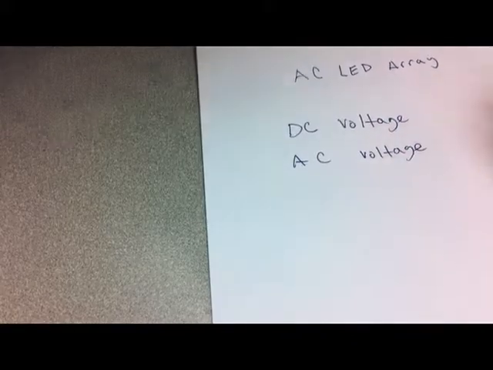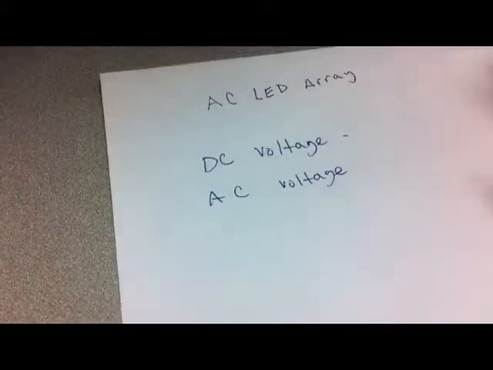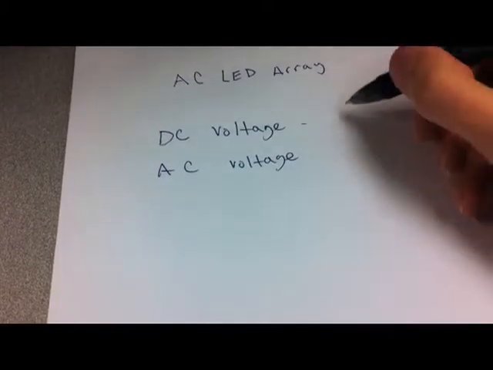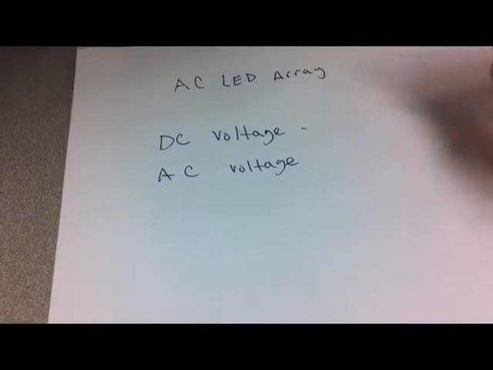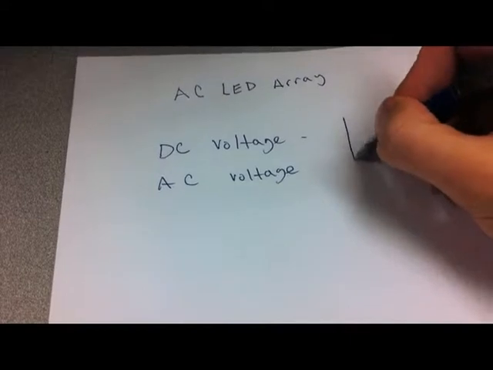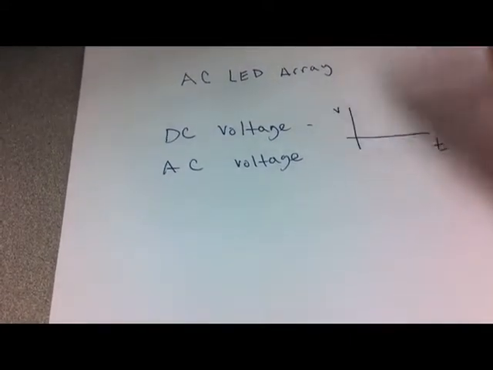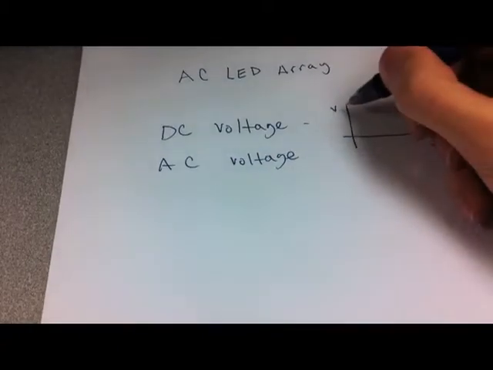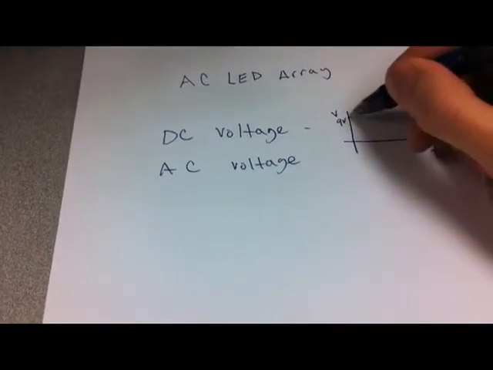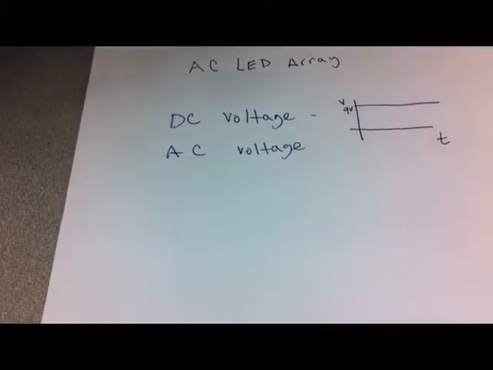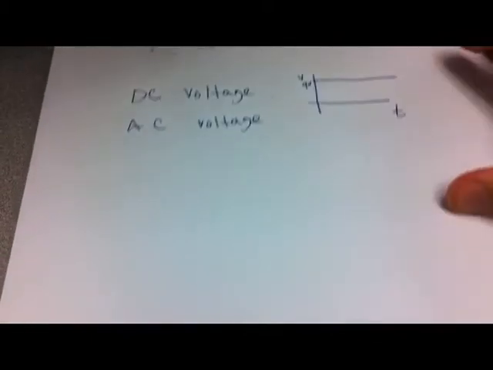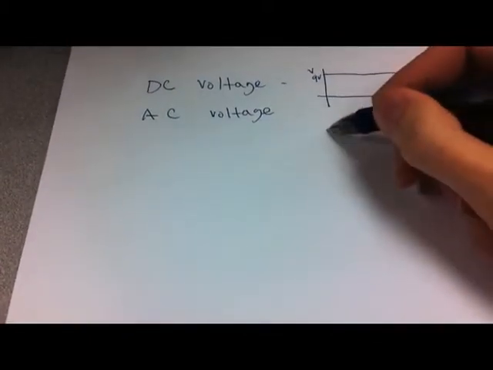DC voltage, which is what you usually get off of batteries, AA, D cell batteries, is constant. So here's time and here's voltage. Let's say you have a 9-volt battery. It's constant over time. Now AC voltage,